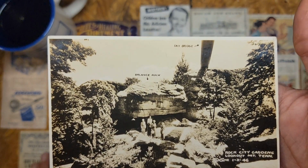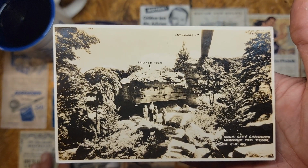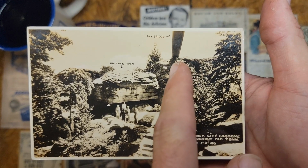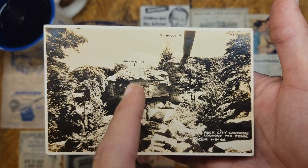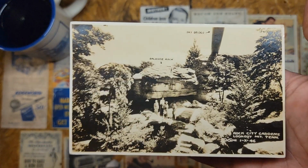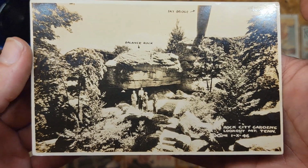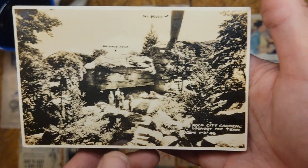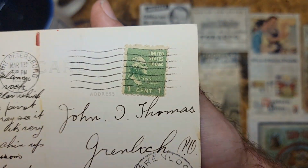And as many times as I've been there, two or three times, I never realized the Sky Bridge, the little swinging bridge, is that close to the Balance Rock. I never realized it until I saw this postcard. Kind of the reason why I bought it. Now, the photograph is from 1946. Now, if this is a real one,